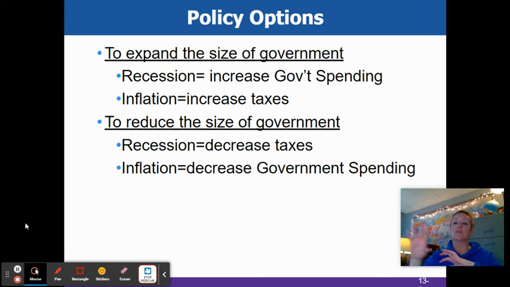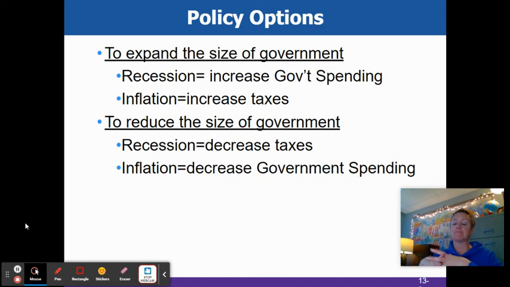So instead of giving money back to people through tax breaks, they'll pump money into the economy to allow the government to control where that spending goes and hopefully do so more effectively. In times of inflation, they'll increase taxes, again, taking money out of consumers' hands through higher taxes as opposed to decreasing their reach with government spending. And through those policies, they believe the government can have the most impactful